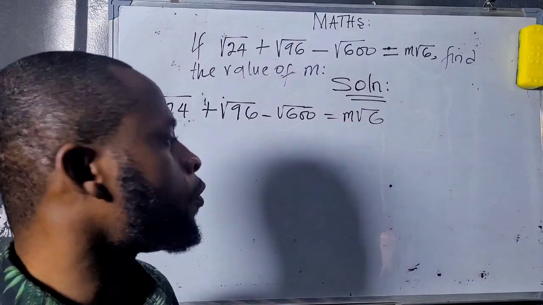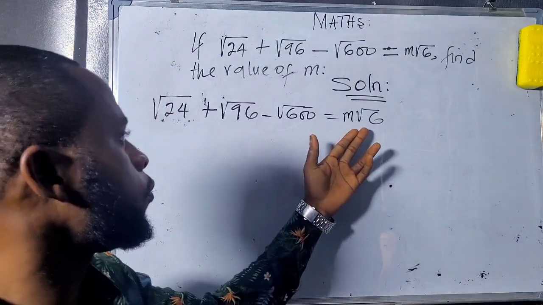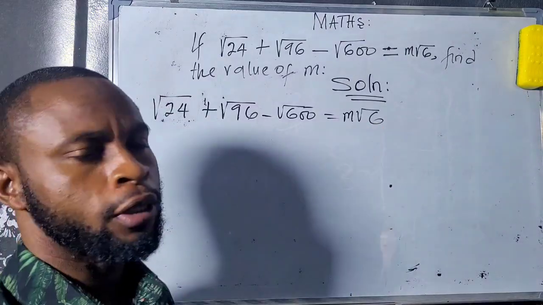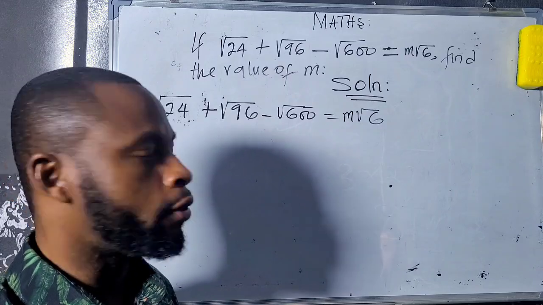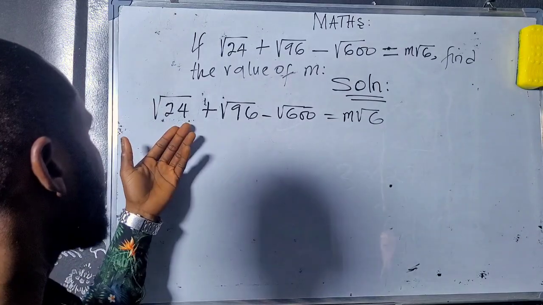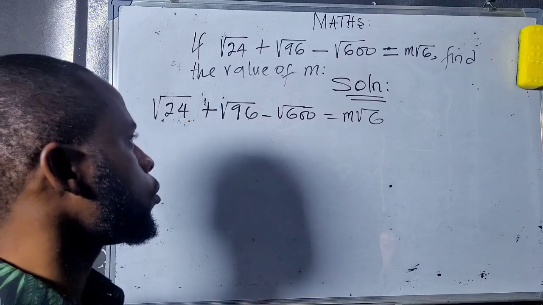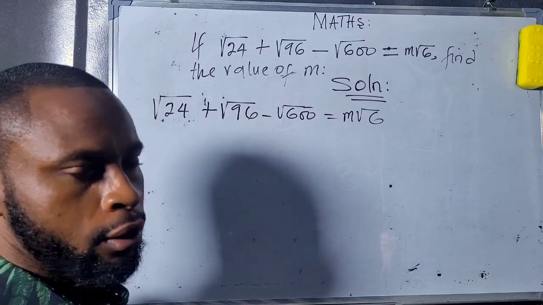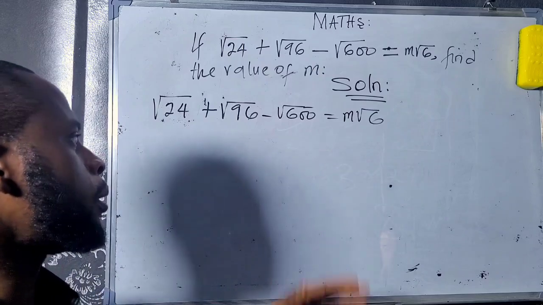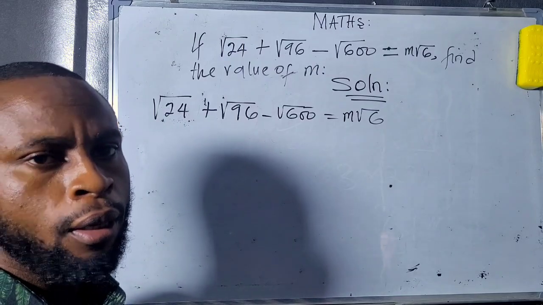Here, the first step we need to consider, since we already have a simple radicand of 6 here, is to express each number inside the square roots as a multiple of 6 in such a way that we are able to get a radicand of 6. Then now,